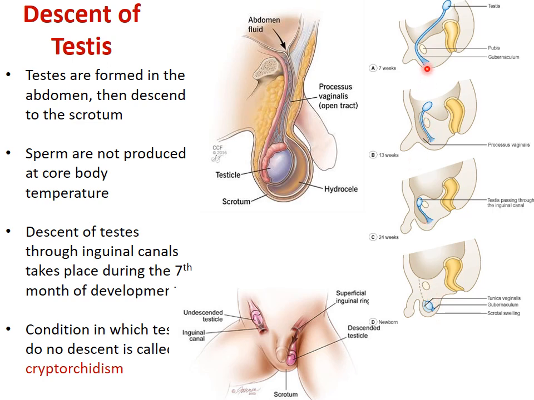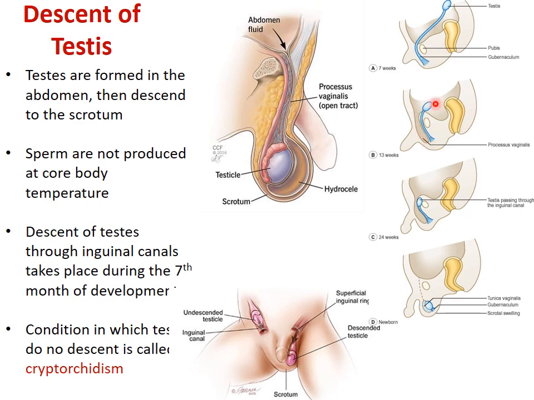And from that part it starts to pull this testis, because the other end of the ligament is attached to the lower pole of the testis. So this gubernaculum starts to contract, shrink, reduce by apoptotic mechanism. So this testis starts to come down, it is pulled down, and all the way it passes from the abdomen